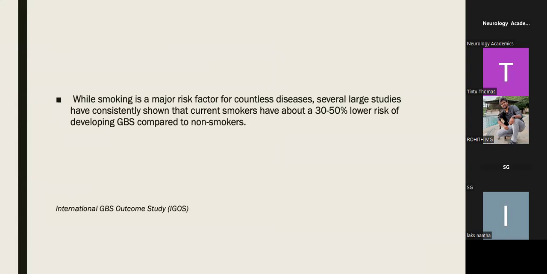Ulcerative colitis. Ulcerative colitis. Treatment is